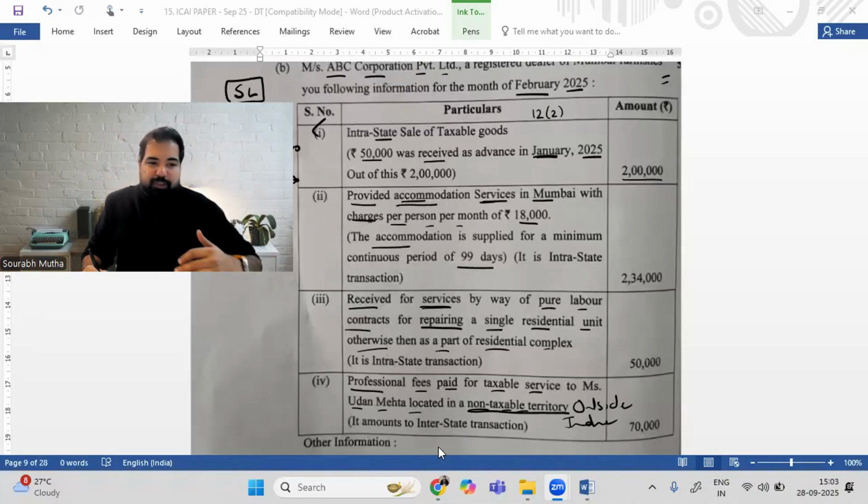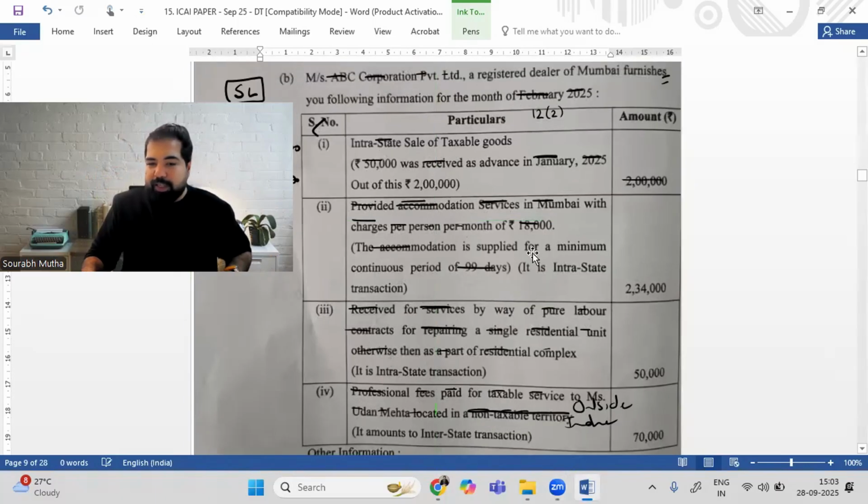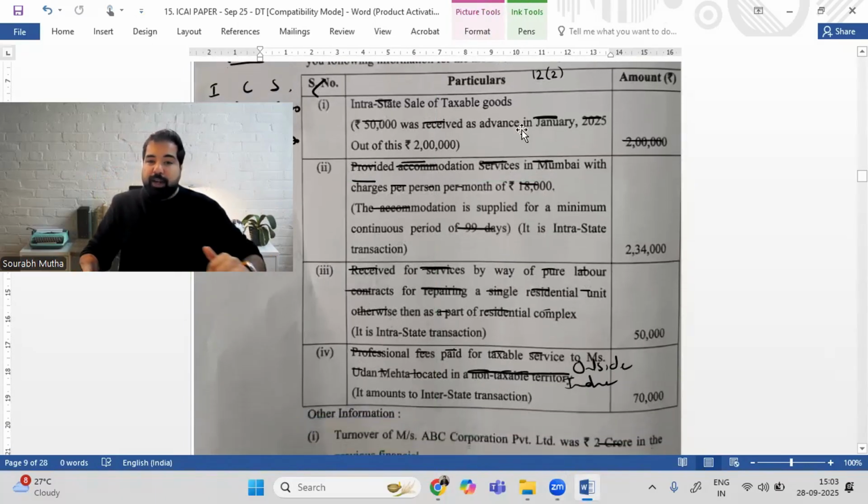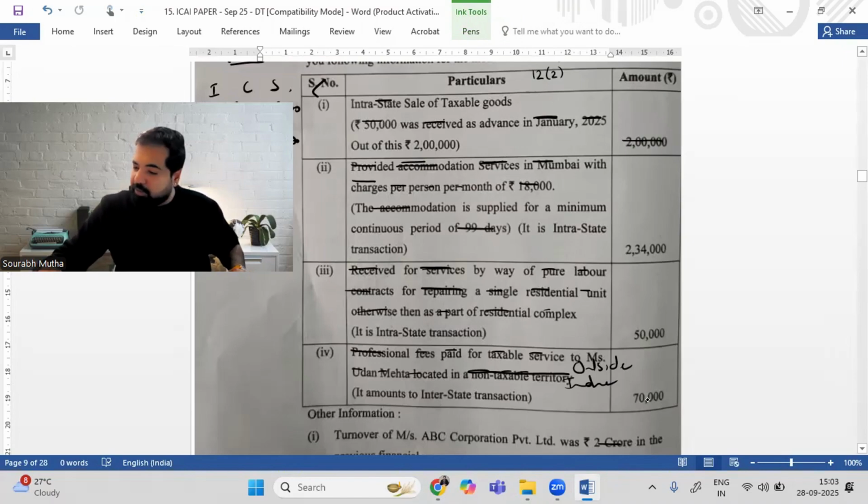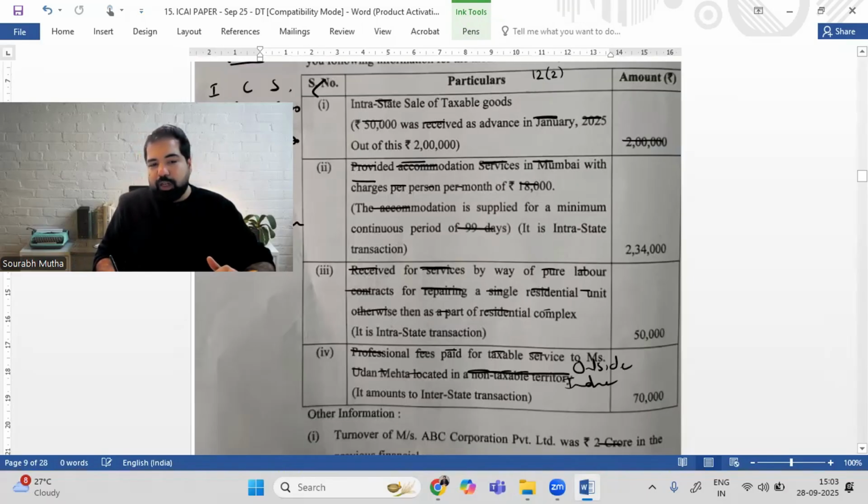So if you're getting services from outside India, there will be GST. There is a section called Section 7(1)(b). In that, there was GST, but you'll have to pay it under RCM. Now, RCM has three implications. Let's see what are the three implications under RCM. First, you have to pay to the government. So on 70,000, this is interstate. So 70,000 into 18%, this is your liability. I'm writing 12,600. This is what you need to pay. But you need to pay this to the cash ledger because you know RCM liability has to be paid through cash ledger. So this 12,600 has to be paid through the cash ledger.